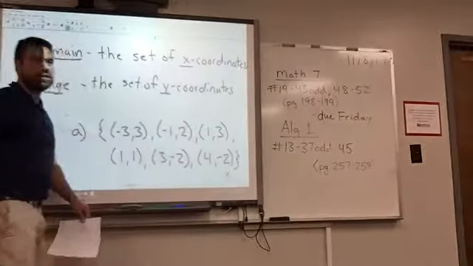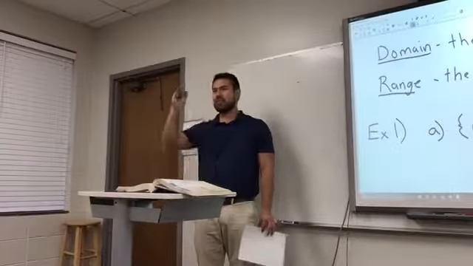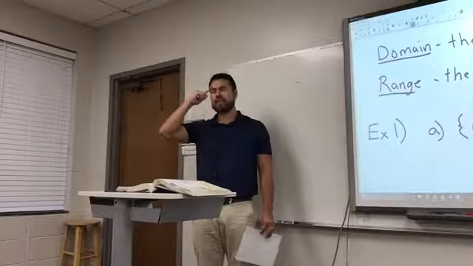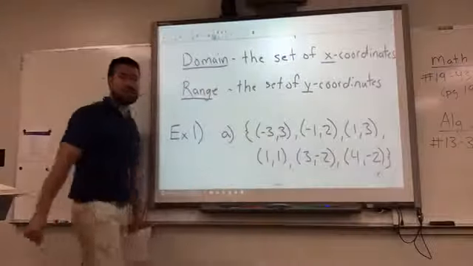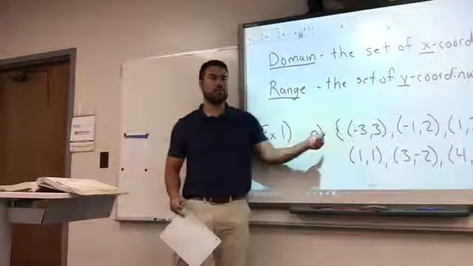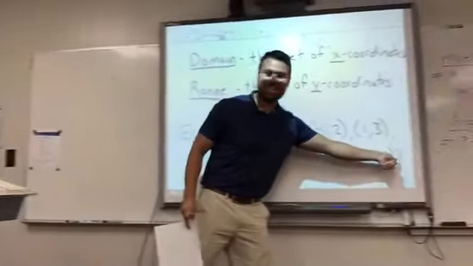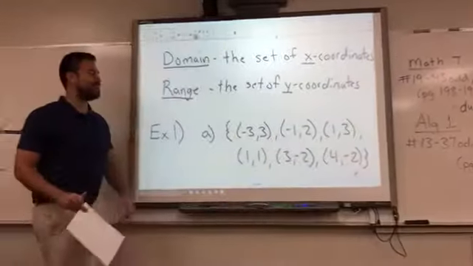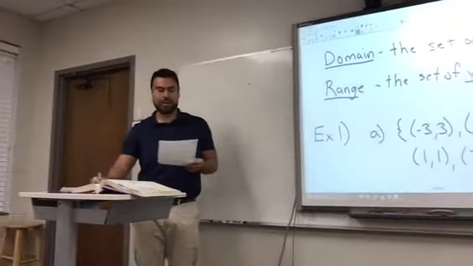Now, can I ask you a question here? It's your opinion. How hard was that? I mean, other than keeping track of all those points, I hope it's like, okay, yeah, we did this yesterday. That's A. That's a set of ordered pairs. You guys get that? What do you always have to start a set of ordered pairs with? Braces. What do you have to end them with? That thing. That's a brace, by the way. It doesn't have to be perfect, but it should be a symbol that demonstrates a brace. All right, that was A.